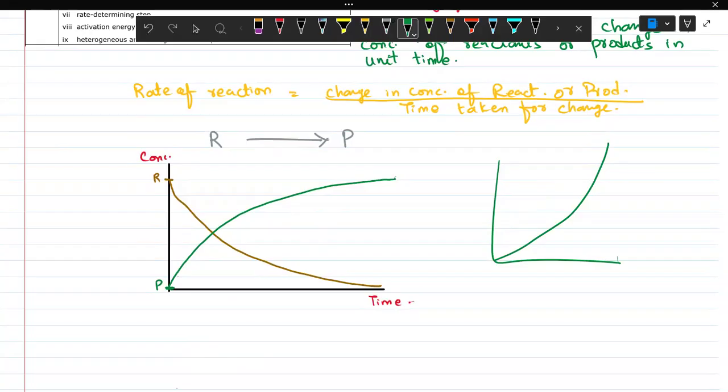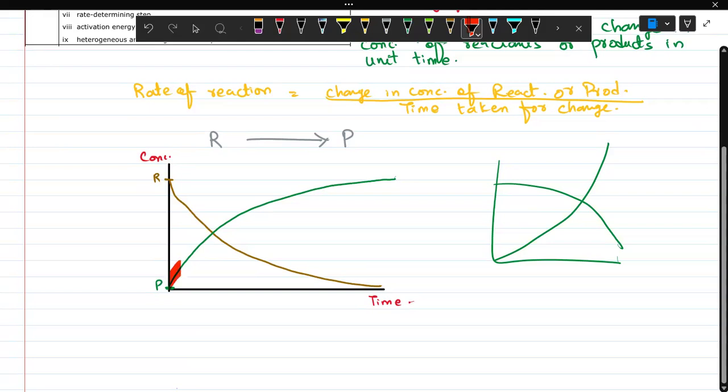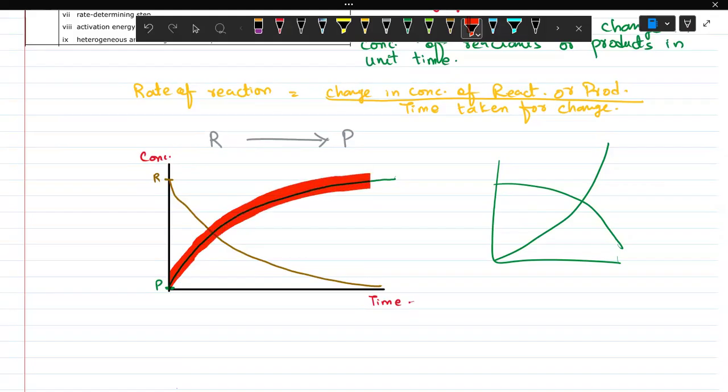हमारे पास जब रिएक्टेंट डिक्रीज हो रहा है, प्रोडक्ट इंक्रीज हो रहा है, दोनों कॉन्सेप्ट अपनी जगह सही हैं। लेकिन अगर मैं ग्राफ को इस तरह बनाऊंगा तो यहाँ पर देखो, विद द पैसेज ऑफ टाइम, दोनों ग्राफ्स के अंदर दो पॉसिबिलिटी और दो एस्पेक्ट्स हैं। इफ यू ऑब्जर्व हियर एट दिस पॉइंट, यहाँ से रिएक्टेंट और प्रोडक्ट इंक्रीज होना शुरू हुआ। इनिशियली इट इज वेरी हाई, with the passage of time the rate of reaction is gradually becoming slow।